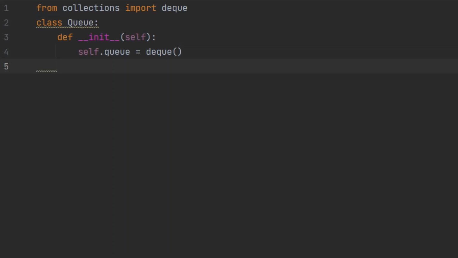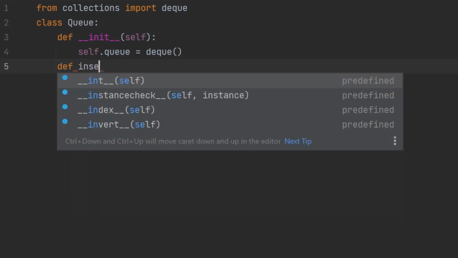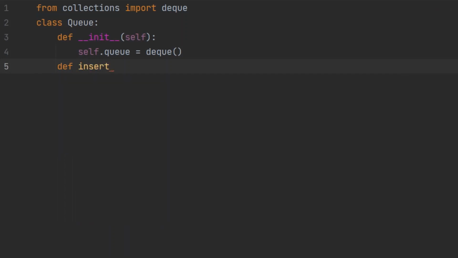So I'm going to declare a function for inserting the data into queue. So I just type def, I go with insert. So insert is the name of a function. So here I'm going to add one variable. So the variable name is item. Since the executable statement will be passing an argument value, that has to be received and that has to be inserted into the queue.